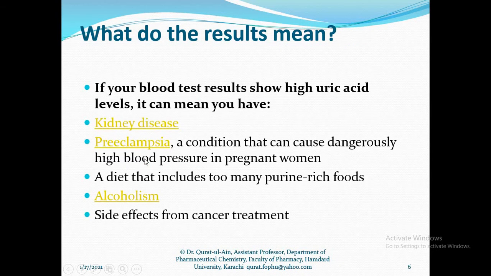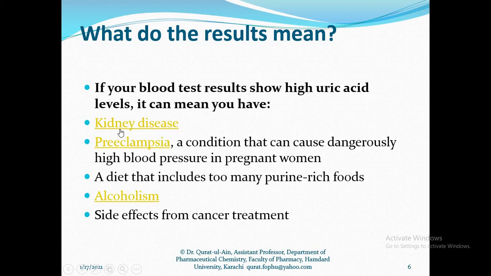How is the uric acid test performed? It is performed by taking blood or urine from the affected person. If a person has a high amount of uric acid in the body fluid, for example in blood or urine, it can